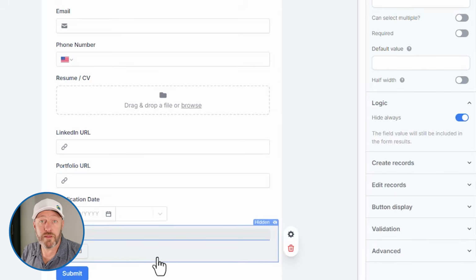In the link, when people click on that to apply for the job, we could actually pre-fill the job title in the background and collect that data here, and they would not have any idea that they told us any information about what that job is. That way they don't actually edit or change that information,